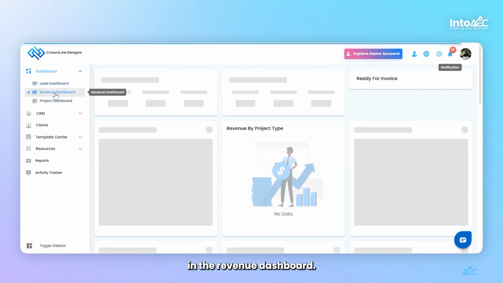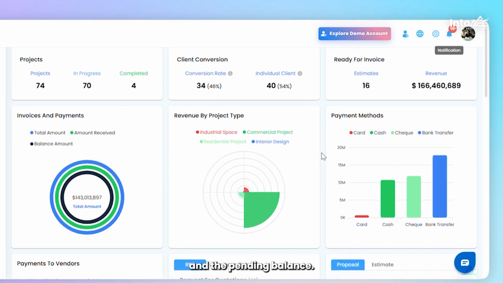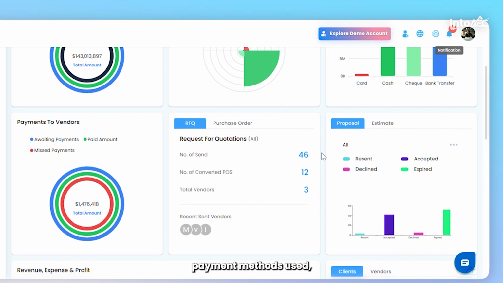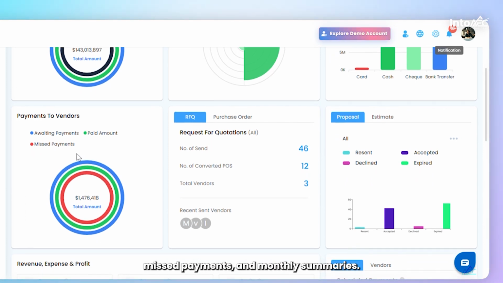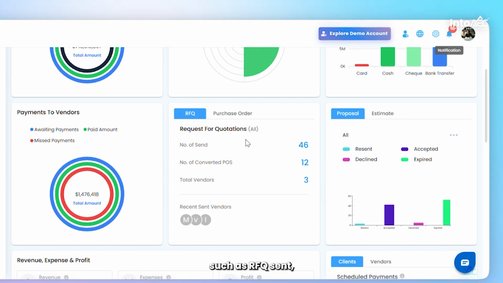In the revenue dashboard, you can view all finance-related analytics such as invoices and payments, the total amount across all projects, the amount received, and the pending balance. You can also see revenue split by project type, payment methods used, vendor payments that are pending, missed payments, and monthly summaries. Additionally, you can view reports such as RFQs sent, RFQs converted to purchase orders,